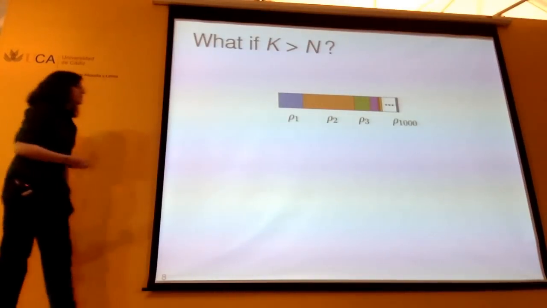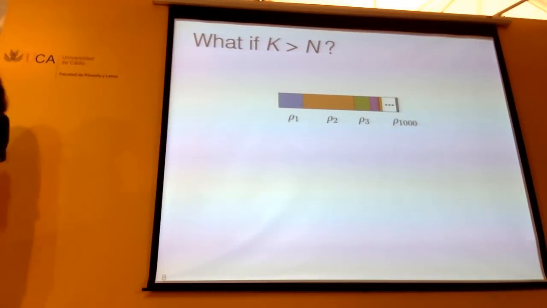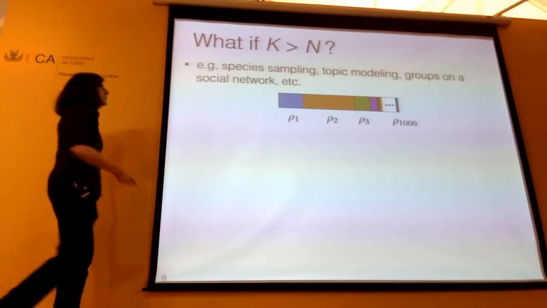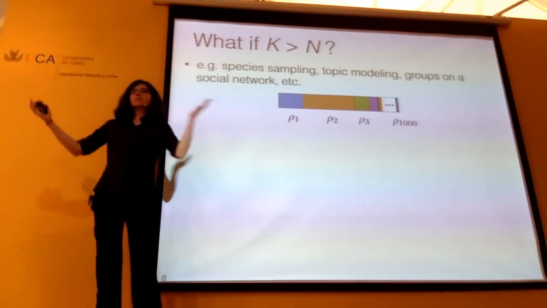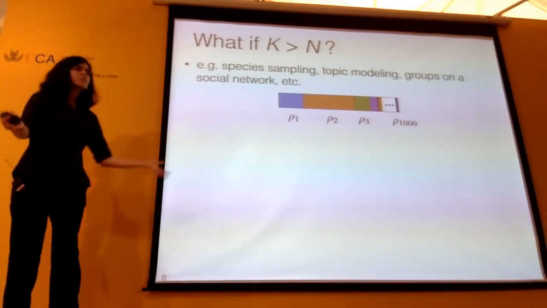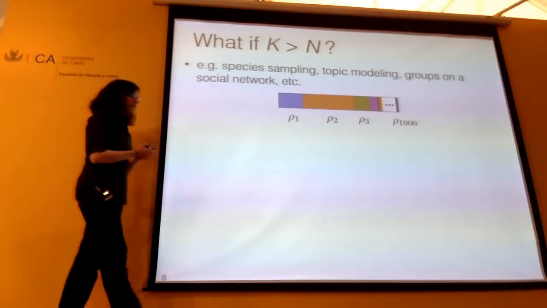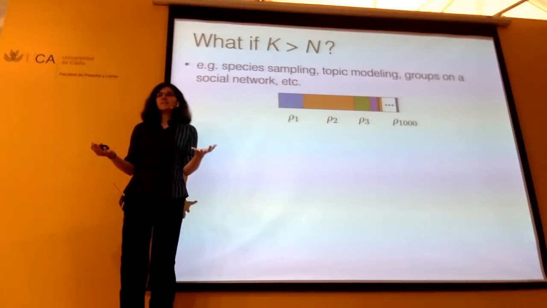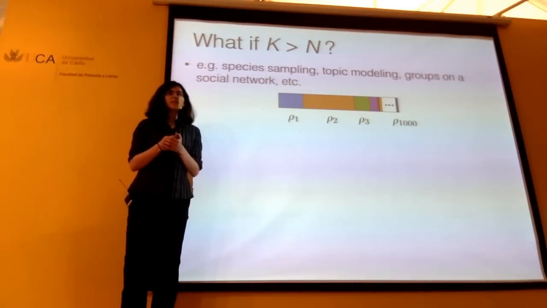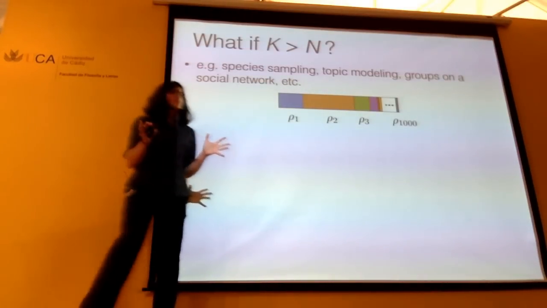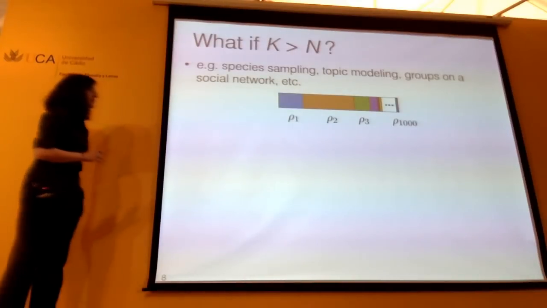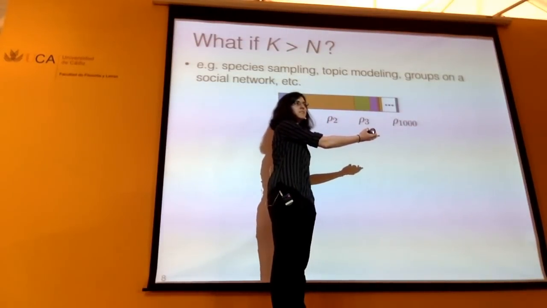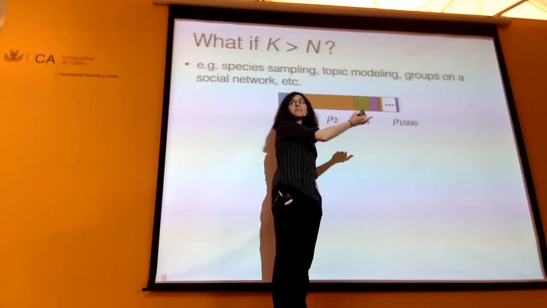And this represents some very real data scenarios that we might encounter in real life, some of which we've mentioned so far. So let's say I'm looking at species. I go out into the world and I'm looking at all the animals out there and I'm trying to count the species and I'm finding new species. Well, the fact is, we have not found all the species yet. As I mentioned in the beginning, I'm willing to bet you a lot of money that there are more species out there still. There's a finite number of species on the Earth. There's not an infinite number, but we definitely haven't reached it.